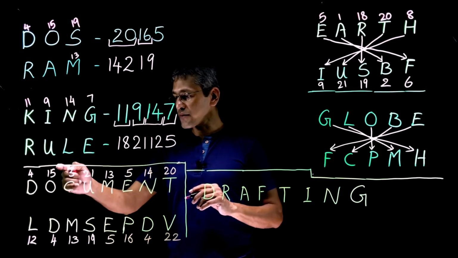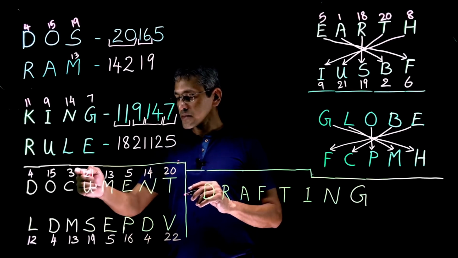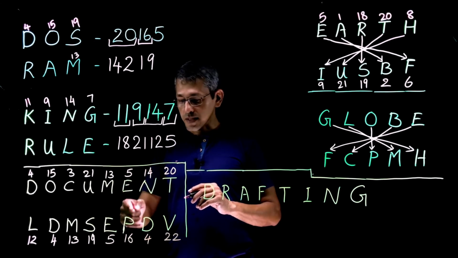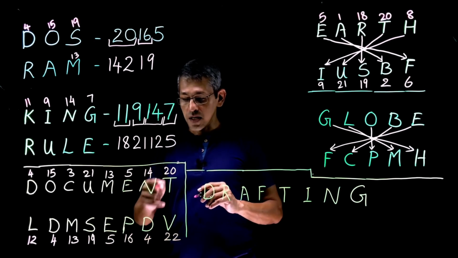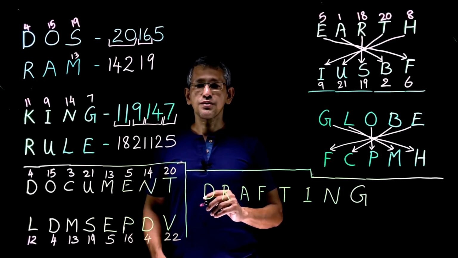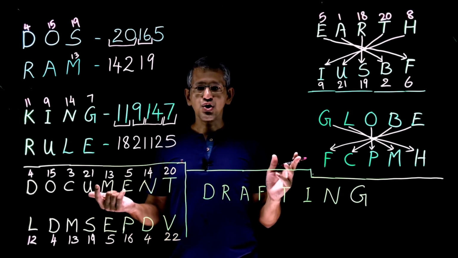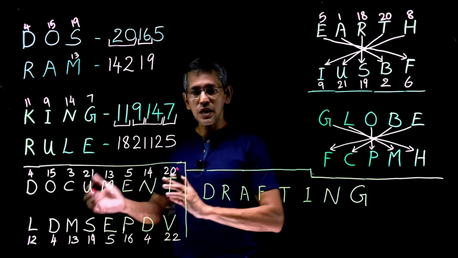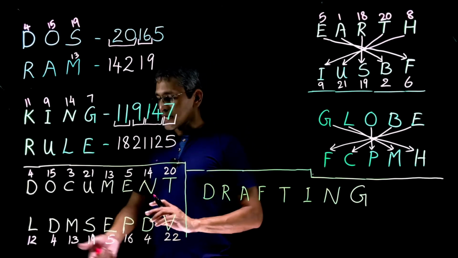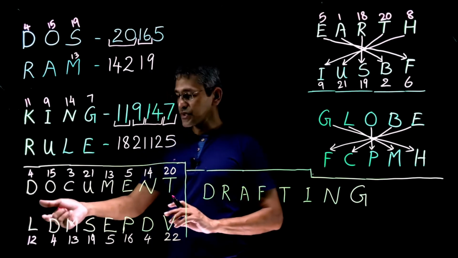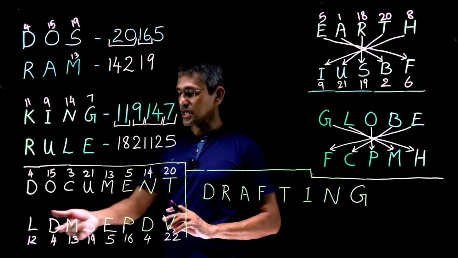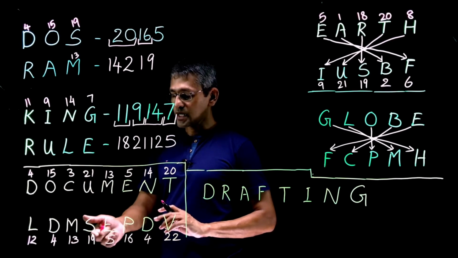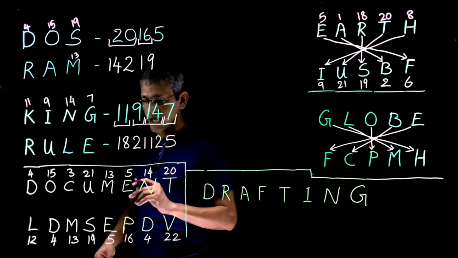4 plus 8 is 12, 15 minus 11, 3 plus 10, 21 minus 2, 13 minus 8, 5 plus 11, 14 minus 10, 20 plus 2. We don't see any pattern over there, right? So what we have to do in this case? Look for some kind of pattern, anyway, one way or the other way. Is it like 12 and 4? Sometimes you add these letters, you may get the same constant here. 12 and 4 is 16, 15 and 4 is 19, 13 and 3 is 16, 21 and 19. No, doesn't make any sense. So the next thing what I see here,